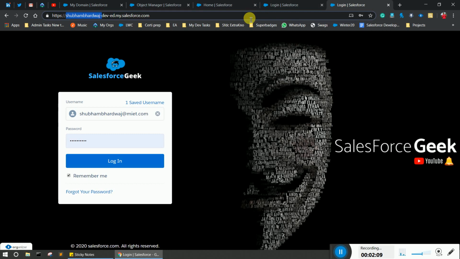What is the benefit of Salesforce My Domain? As we don't go into a deep dive on the topic, for the sake of time, I will let you know that Salesforce My Domain enhances the security of your Salesforce organization, or org. Most of you are aware that if you don't enable Salesforce My Domain, then you are not able to create Lightning components, Lightning web components, and many other things. You also cannot customize your login page if you don't have Salesforce My Domain in your org.